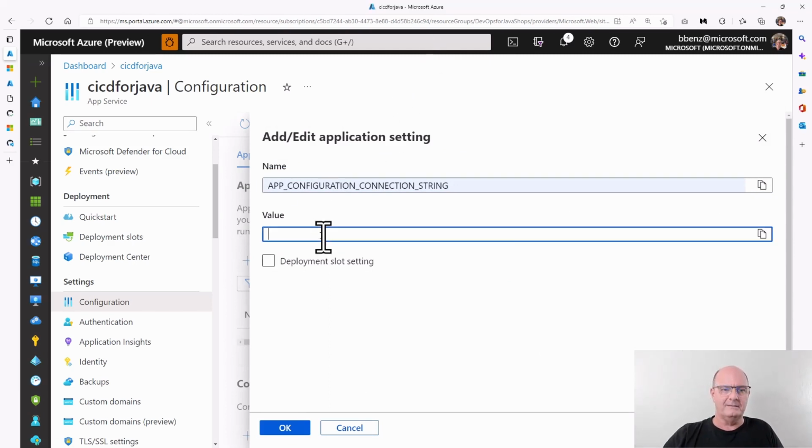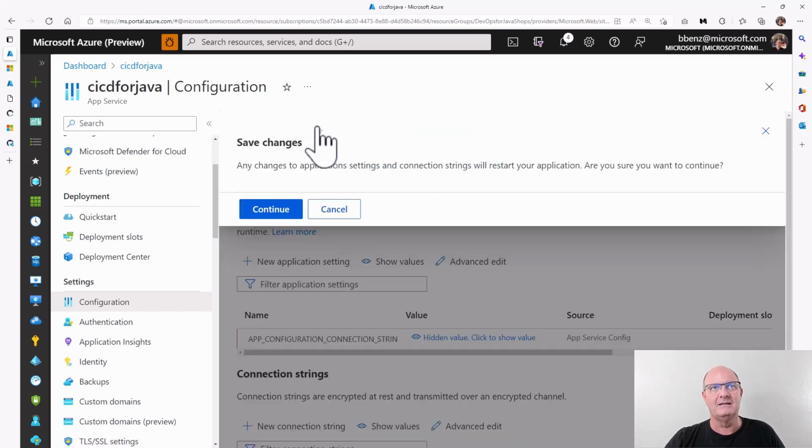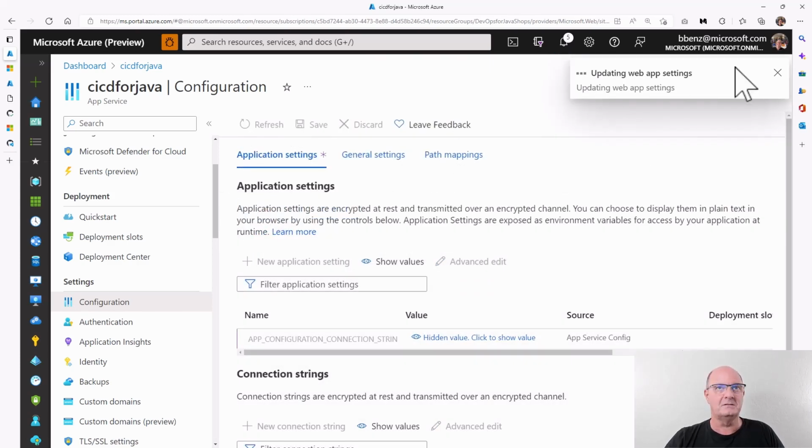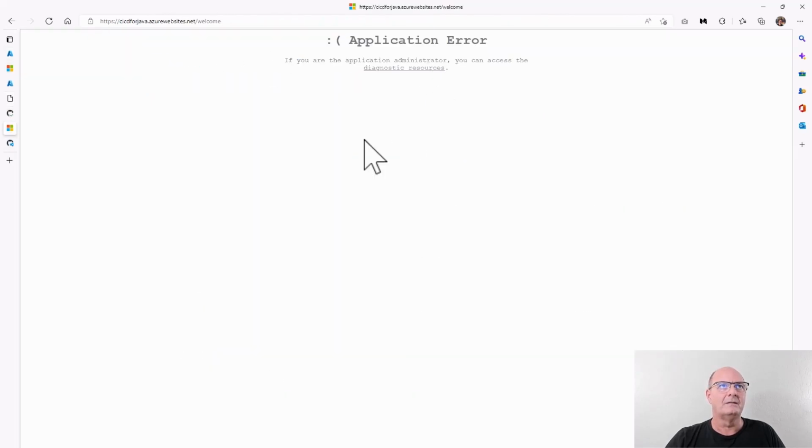Don't look, you can't see it all anyway, but that's okay. All right. So basically what that does is makes the connection between the app and the setting itself, and I remember to save it, which I don't always do. So once this gets done, it updated. Let's go back out to our web app now. That's the old one. This is the new one.